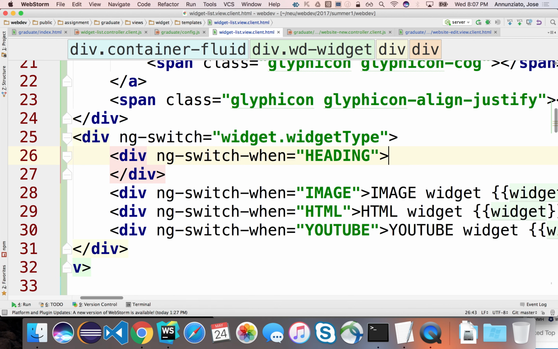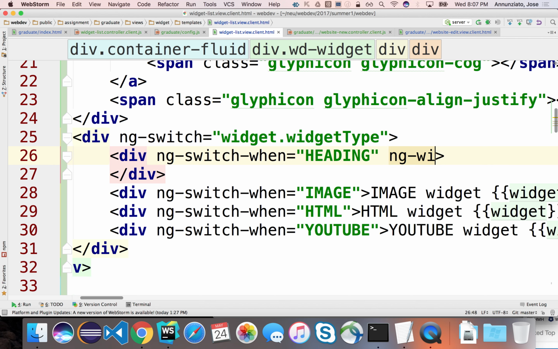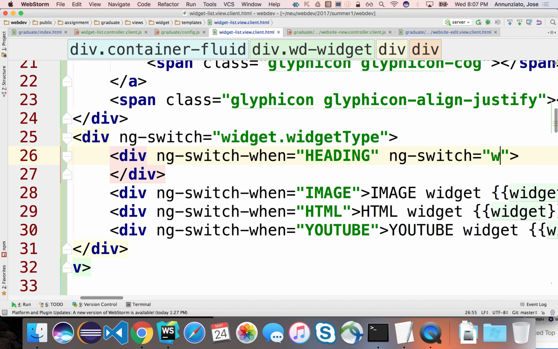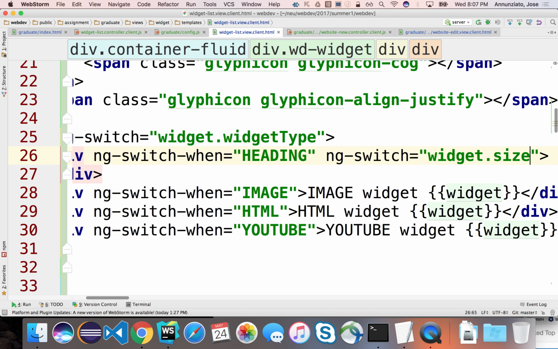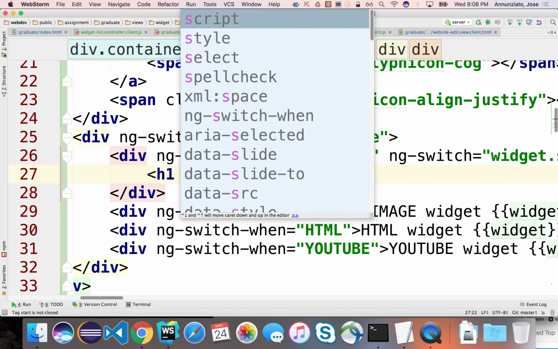We can use this as another ngSwitch. ngSwitch on what? On widget.size, and internally choose from several options. We could use choose H1. I want to display H1 if